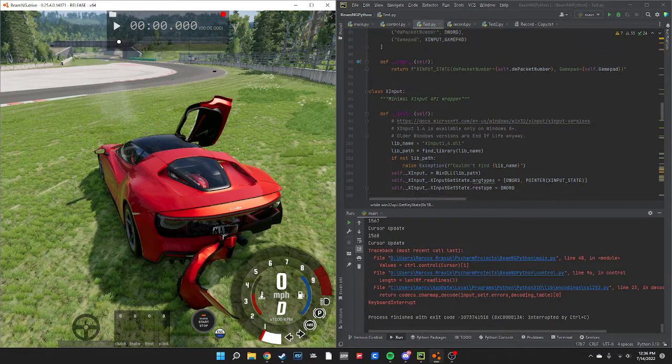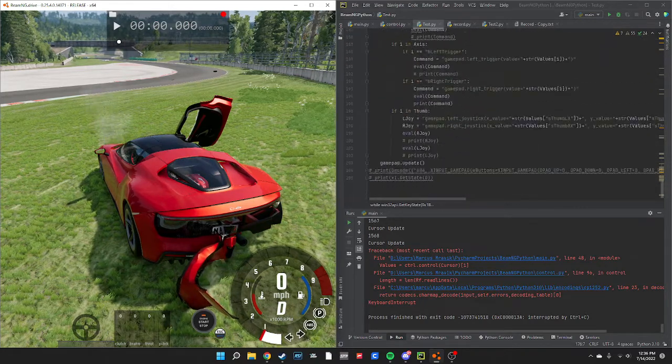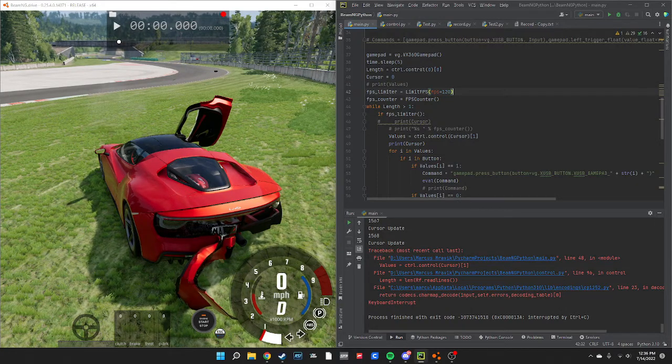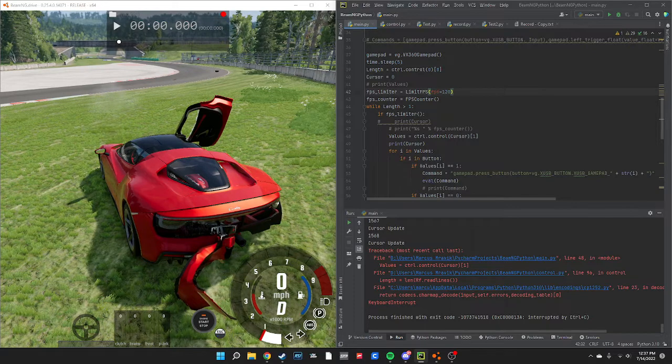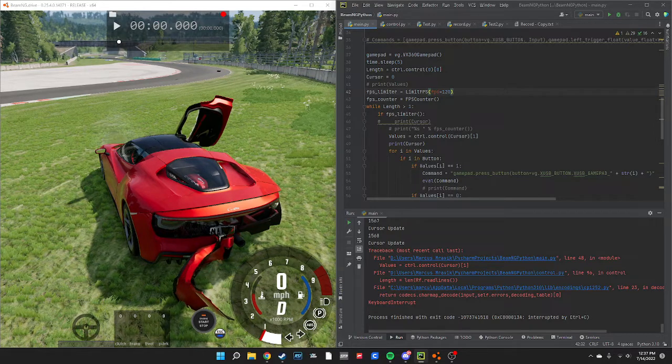So far I've tried a frames per second limit. I got a limiter for the frames per second, trying to see if I could get this running at 30 frames a second the whole time, and this running at 30 frames a second the whole time, so they at least match better, if not perfectly. But that didn't work. In fact, at 30 frames a second, it sometimes misses controls that I put in. It won't log it because it's just not fast enough.